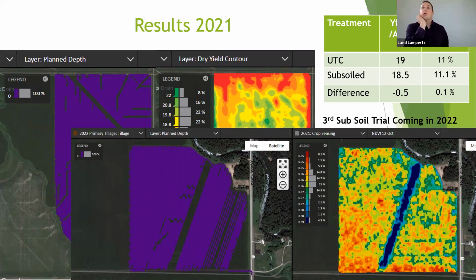So we had Starbuck wheat on field 19. And where we did not subsoil, we have a significant amount of regrowth. Here's an NDVI image from October 12th showing a significantly higher degree of wheat growing. That is 6-leaf, fully tillered, almost boot stage, because we didn't have our killing frost till this week. And so